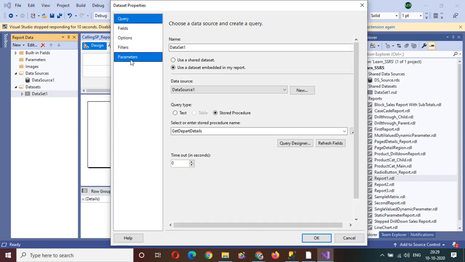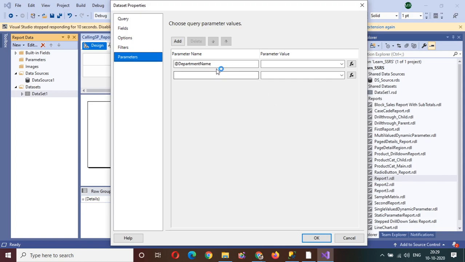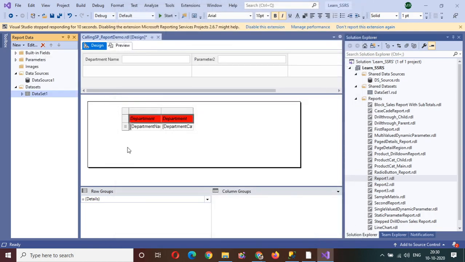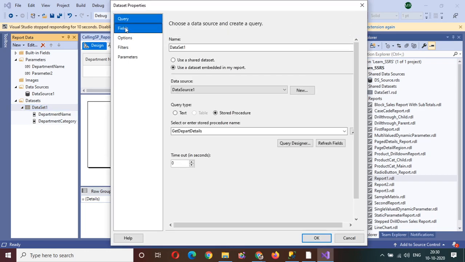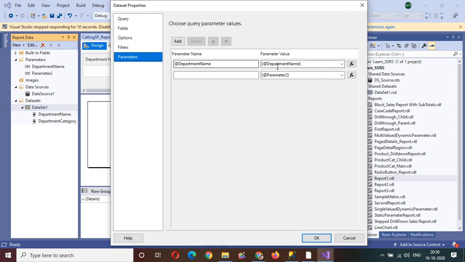If you see here, now we have refreshed the fields, and the department name as the parameter is coming. You need to pass the value here. Click on OK. As soon as you do that, the parameter department name is available here, and there are also two other parameters available.